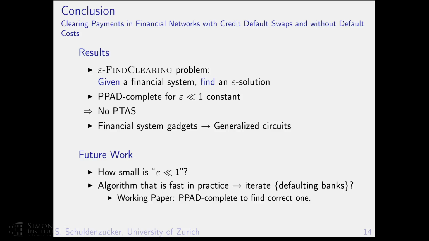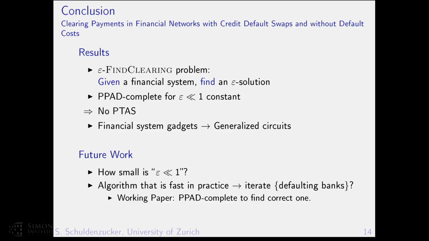In future work, it would be really nice to know how small actually this sufficiently small is. It would be something you could tell the regulator. If this is 5%, they might be very worried. If it's like 10 to the minus 100, maybe not so much. Of course, this result is not affected by this being small, but still it would be something nice to know.